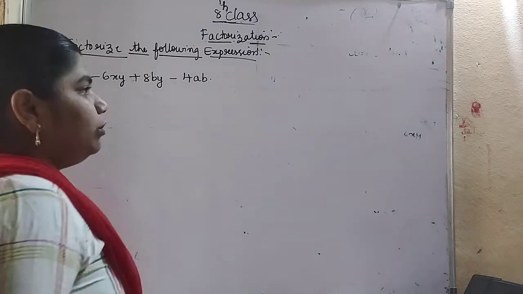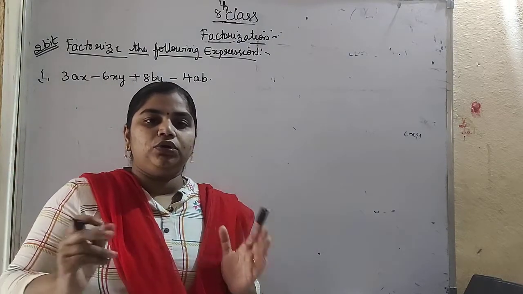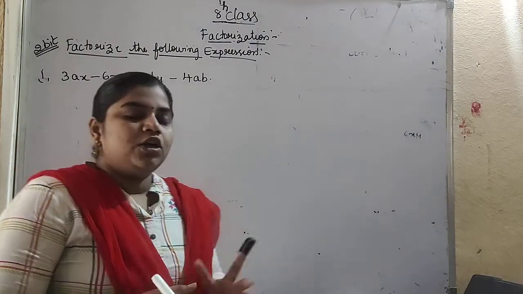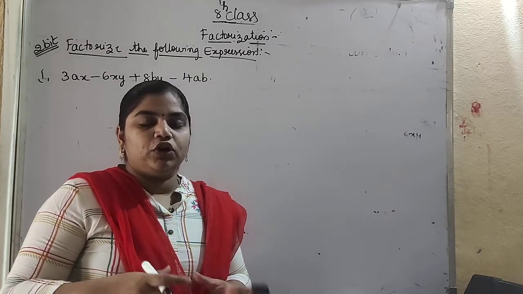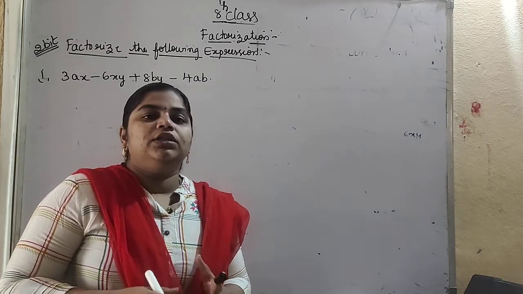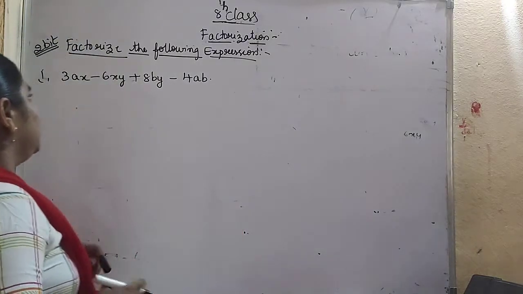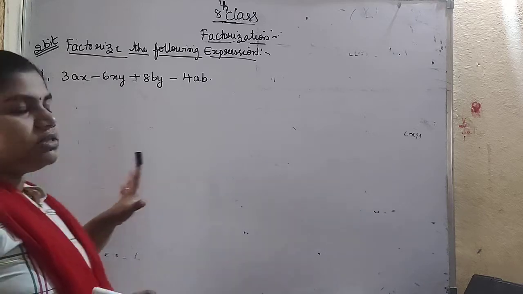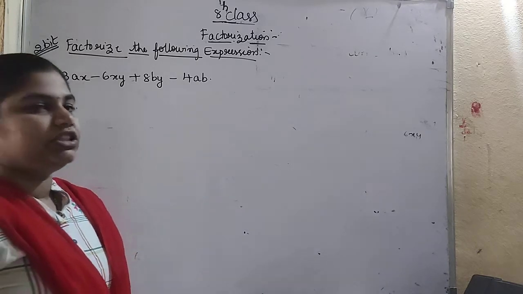So already I told you that in grouping the common factor should be there. In both the terms a common factor should be there. If you are having the common factor, what you have done will be correct. If you are not getting the common factor, then you have to check your problem again. So in this case I will solve the problem. We will check first whether we get a common factor or not.